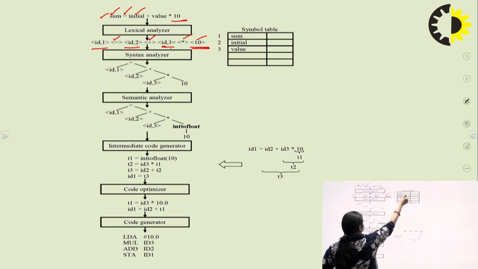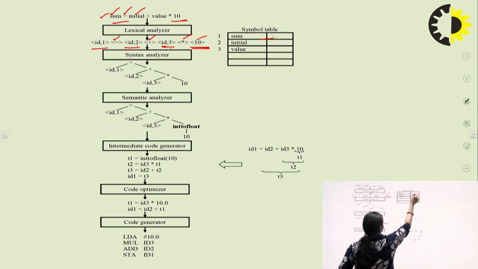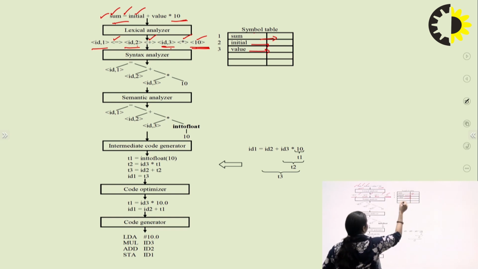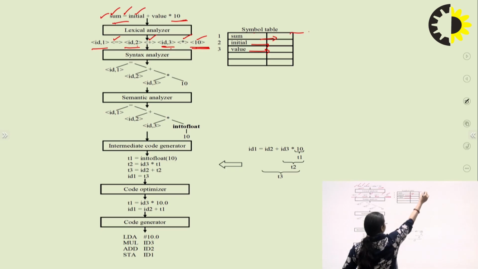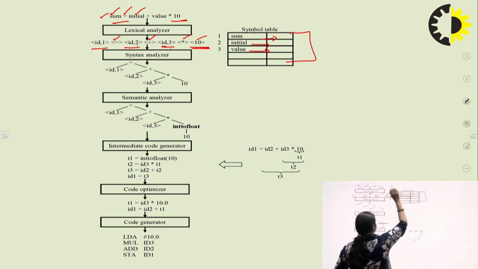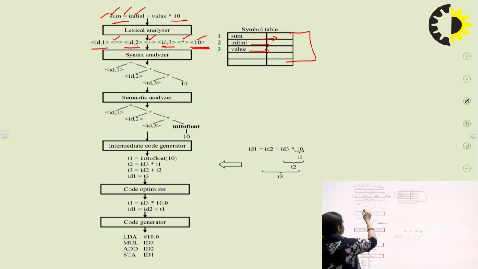So see, what is the symbol table doing? In the symbol table, the information about sum, initial and value will be stored here, along with what data type each has. Everything will be stored in the symbol table. Then what will syntax analysis do?